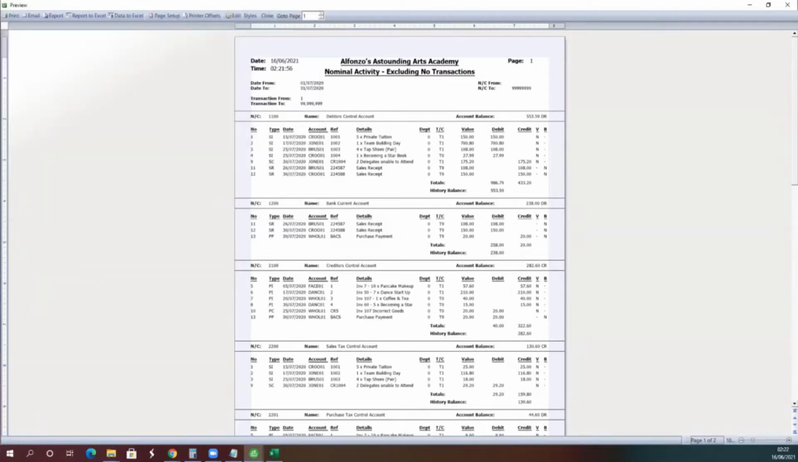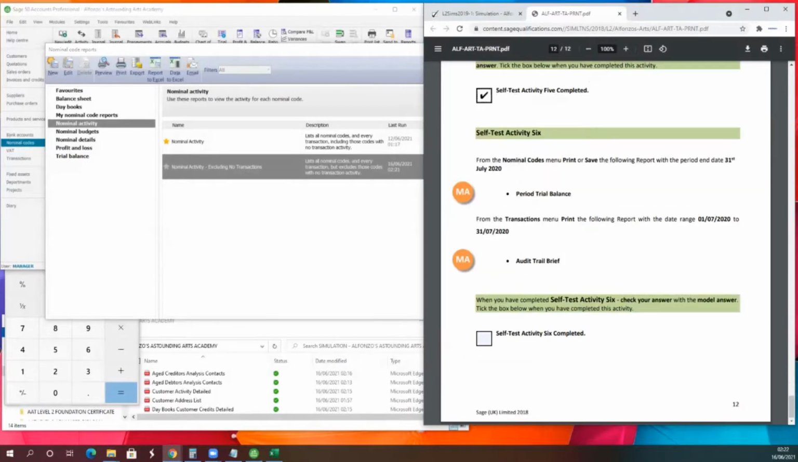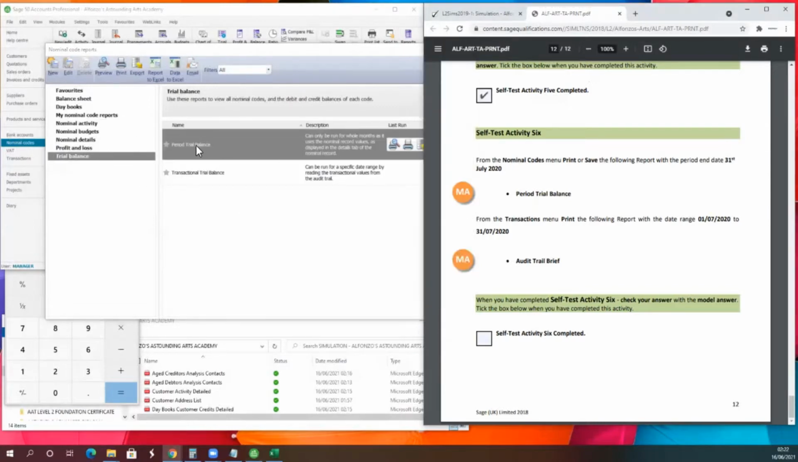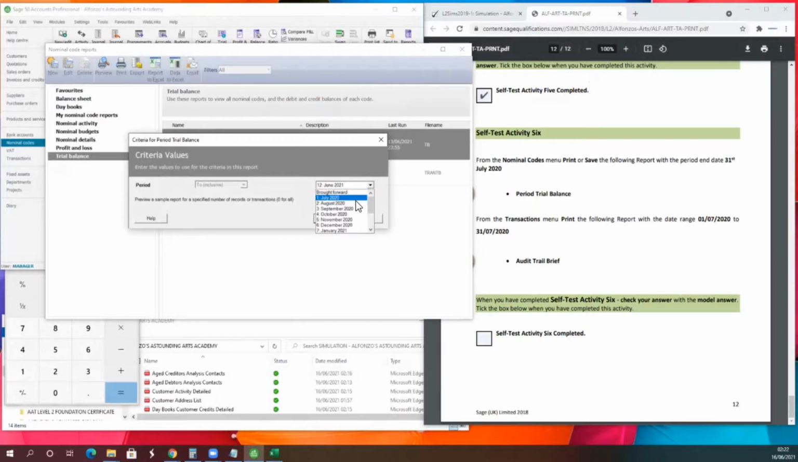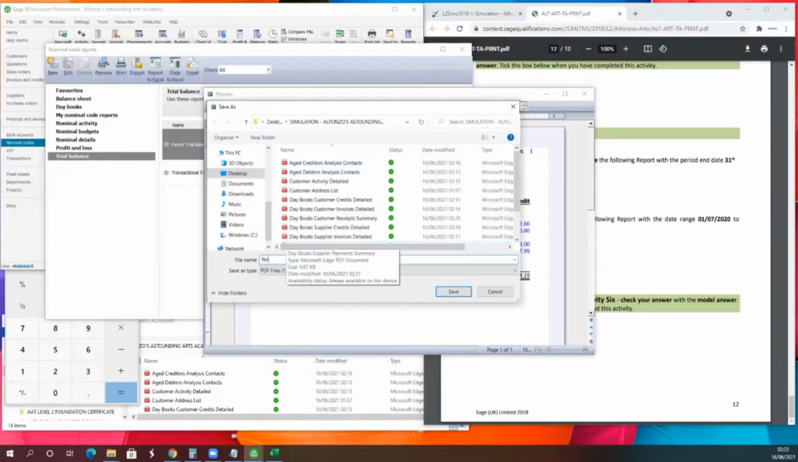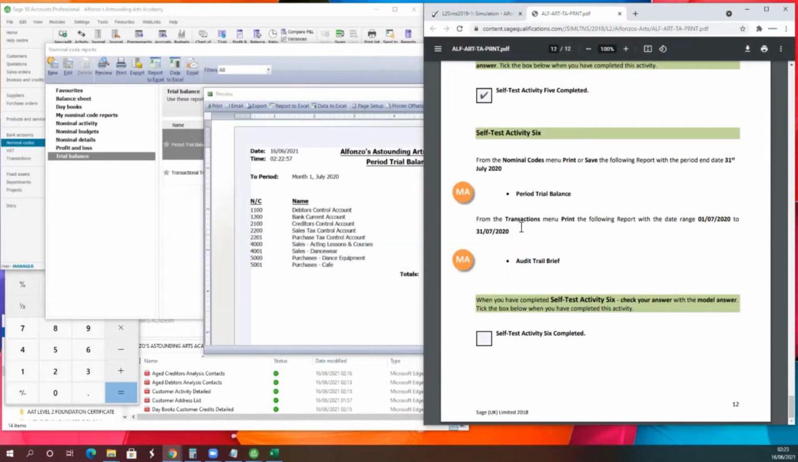And the next one is, okay, period trial balance. So we will see that as well in the nominal reports. Trial balance, period trial balance, and then it's set here, end of the month. Period trial balance. And then next is